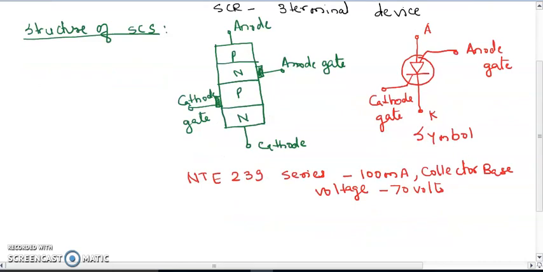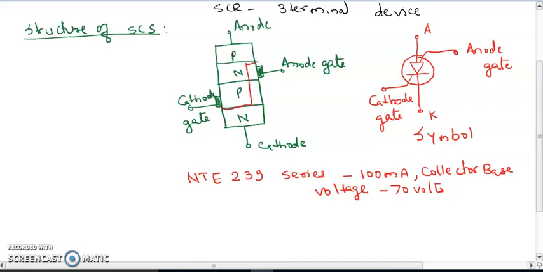Okay. Now before proceeding to the working, the transistor analogy, we will first see the layer diagram or the structure. Here you can see the 4 layers. What is done actually is this is split up into 2, from here and like this.